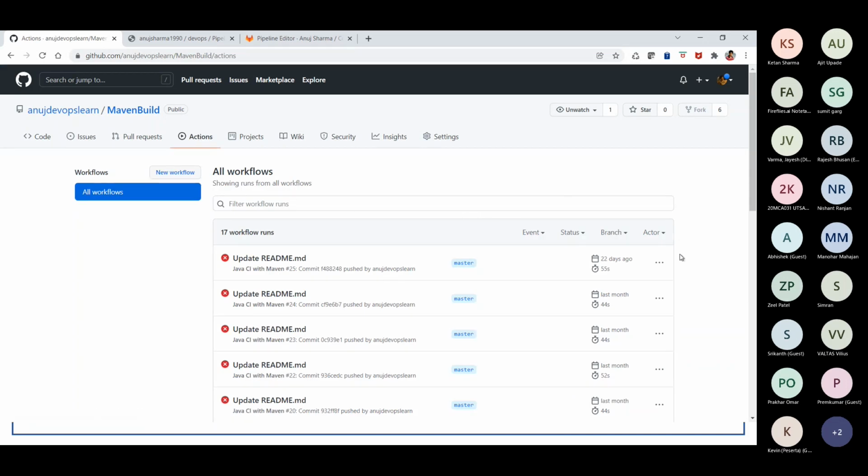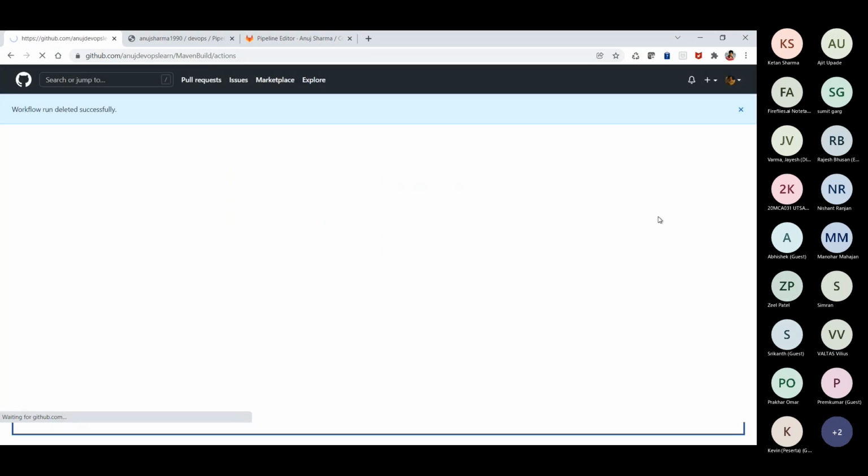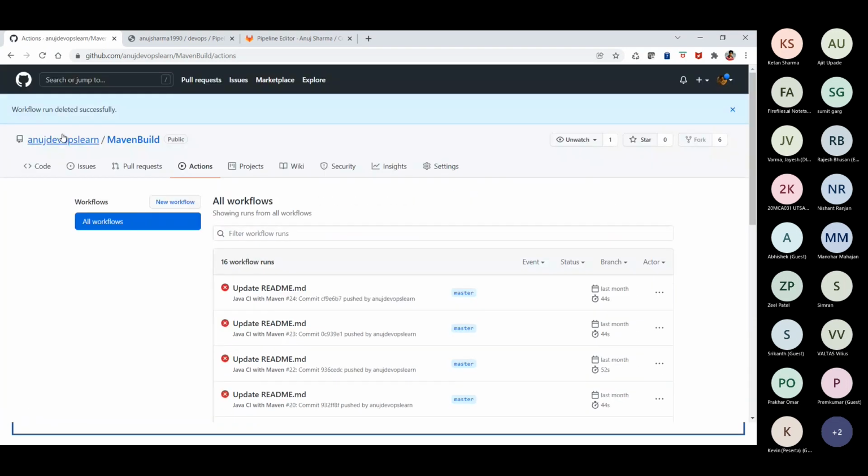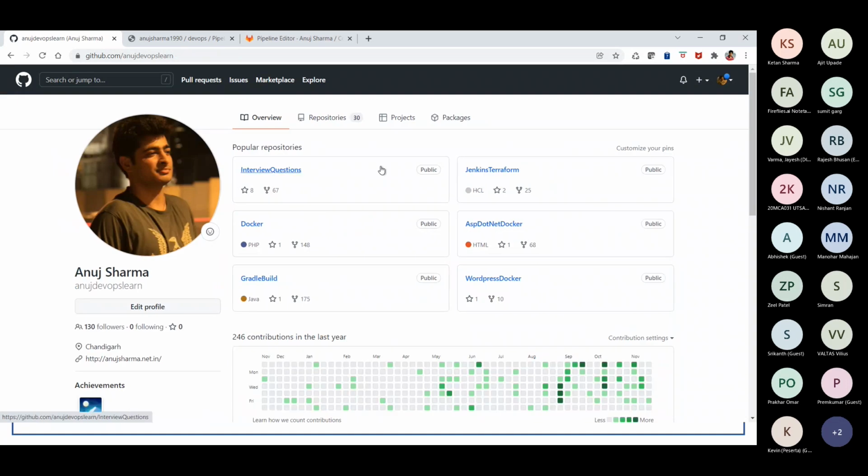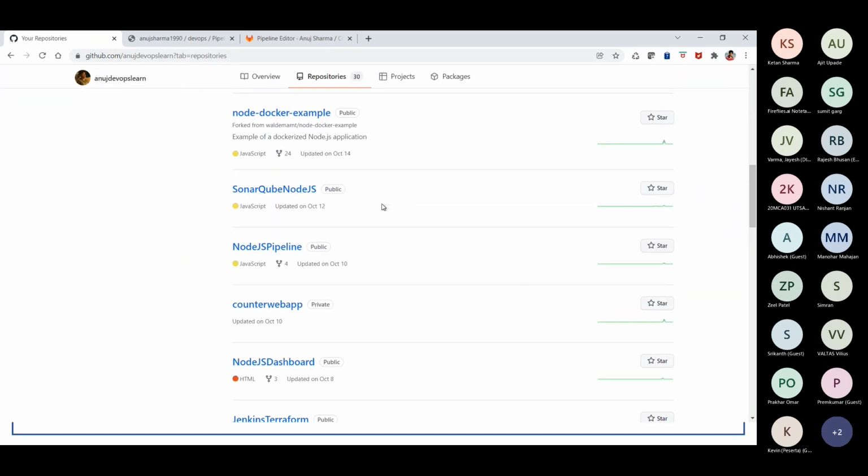You can ignore these previous builds. Let me pick up some neat and clean repos so that you guys can have better clarity about that.